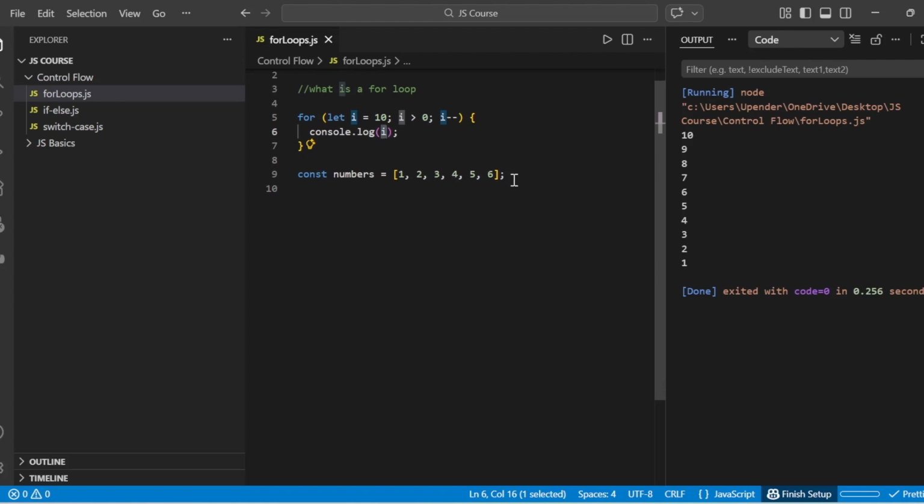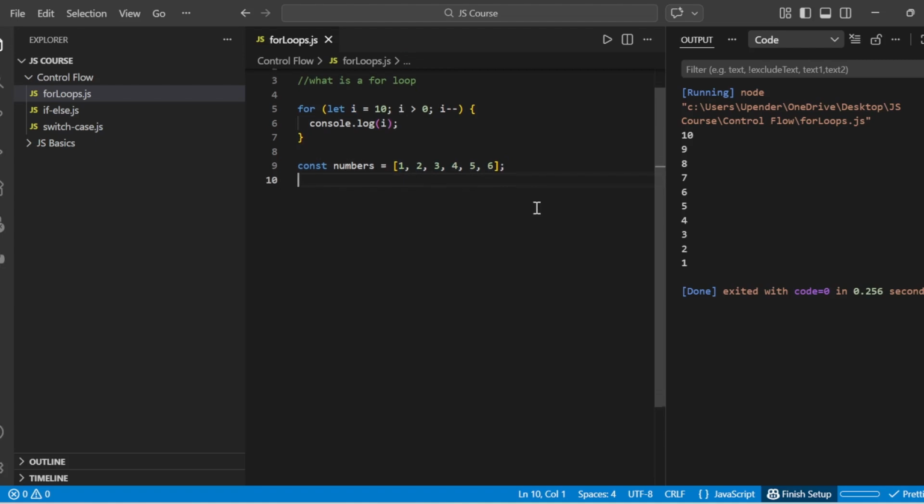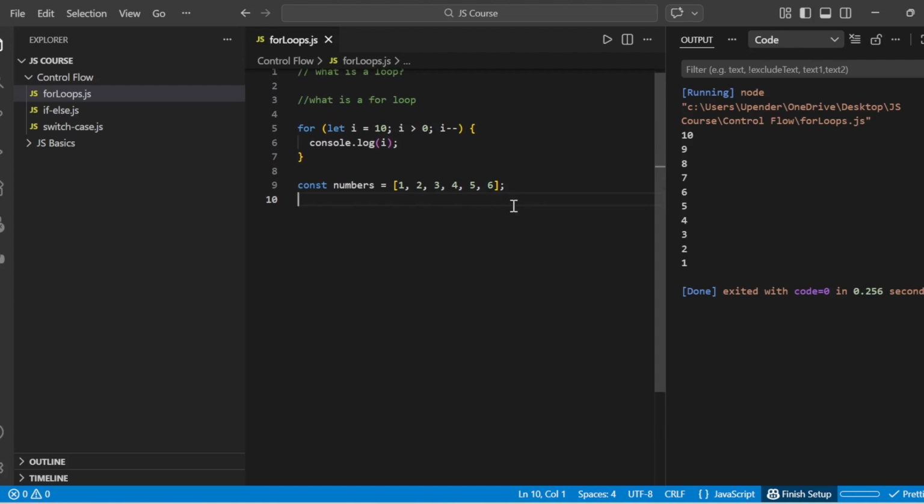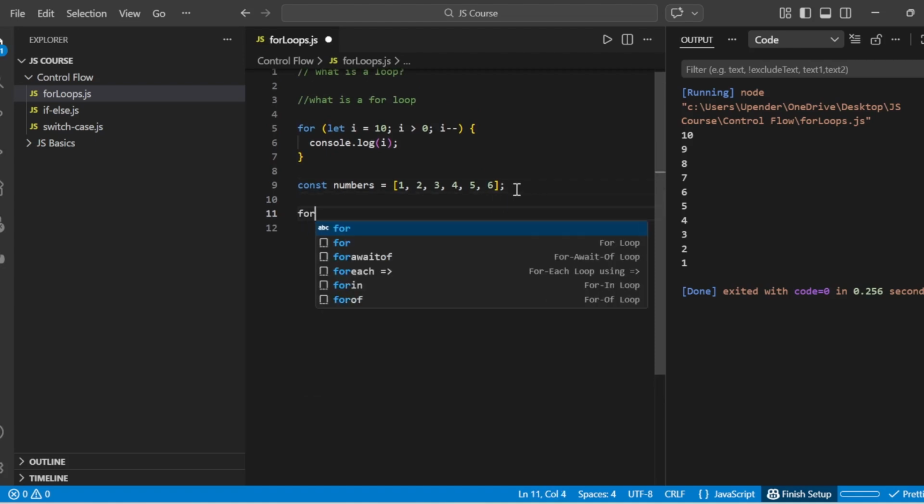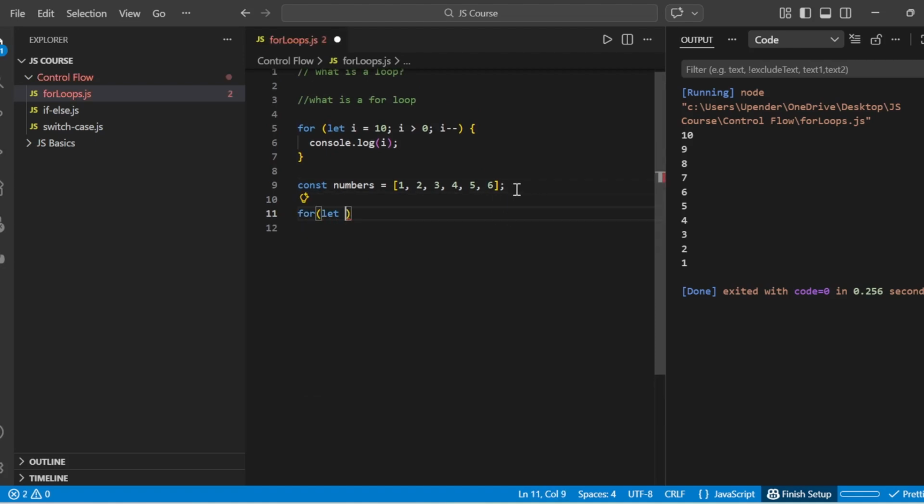If you remember the video where I explained data types, I explained how arrays are written. These indexes start from 0. So we use the loop variable as the index. We'll write an array first. So let i,